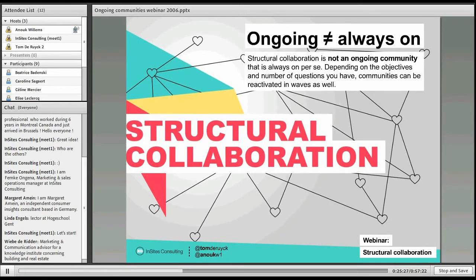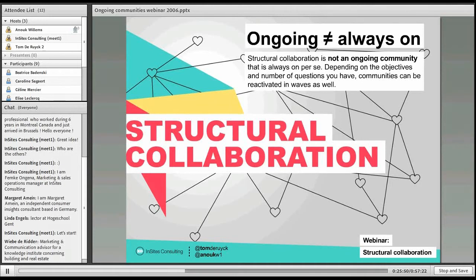So, Tom, how do we start with structural collaboration? I think one of the important things is that we think big, but start small. I think it's very important to keep that big end goal that you just mentioned, Anouk, in mind.